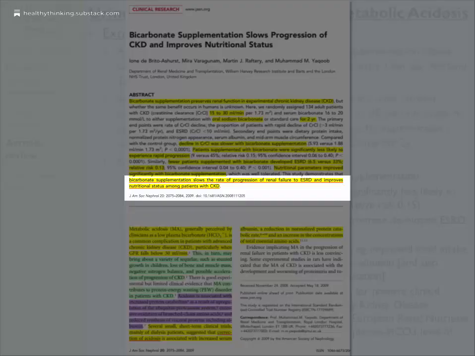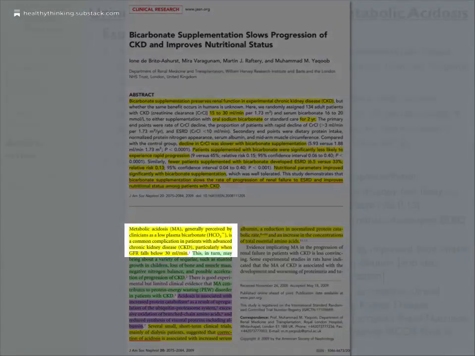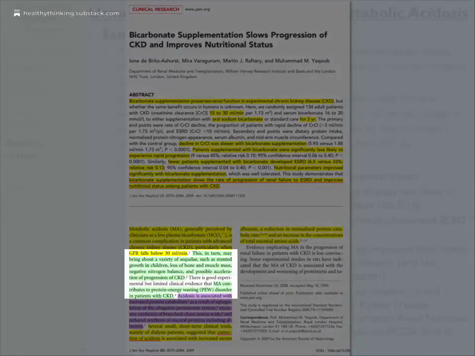with chronic kidney disease. Let's look at the first paragraph, which states, metabolic acidosis, generally perceived by clinicians as a low plasma bicarbonate, particularly when the GFR falls below 30 milliliters per minute. This, in turn, may bring about a variety of sequelae, such as stunted growth in children, loss of bone and muscle mass, negative nitrogen balance, and the possible acceleration of the progression of chronic kidney disease. Again, they noticed